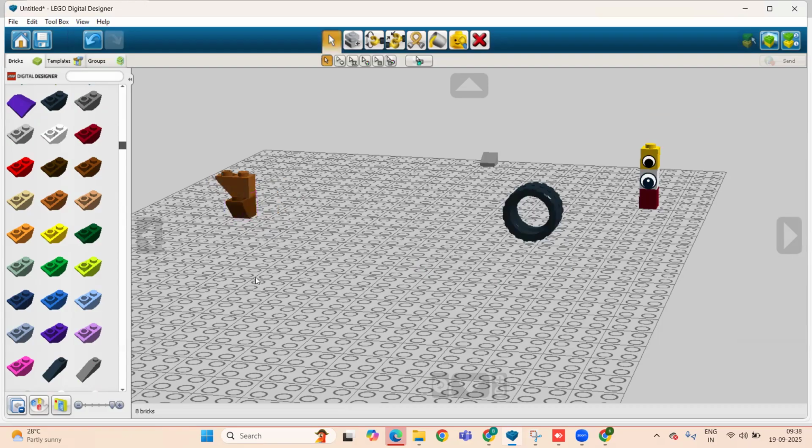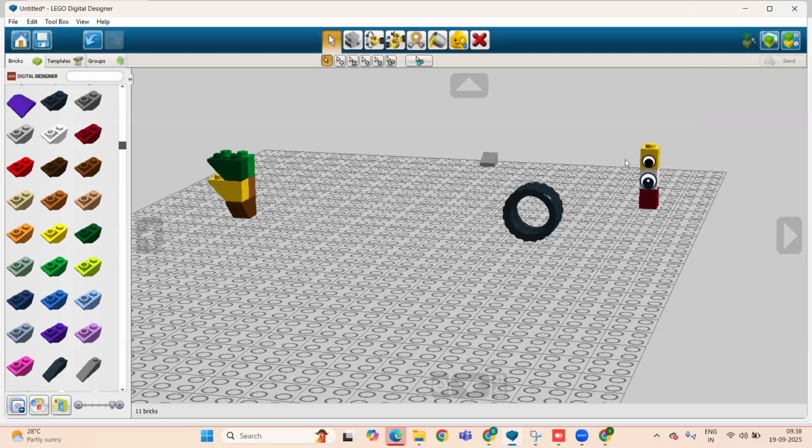Like I want to use it in this way. Right, so you can see we have two structures, this one and this one.